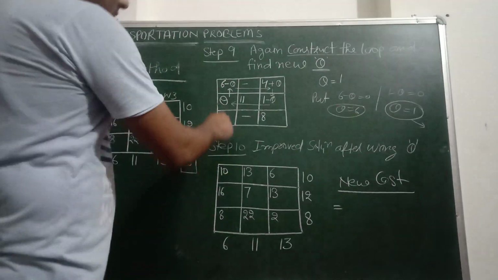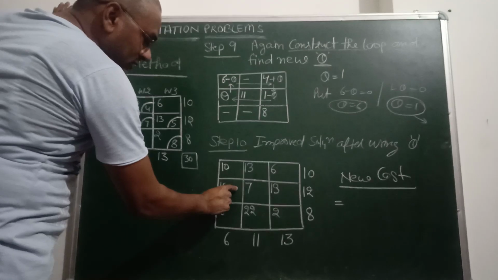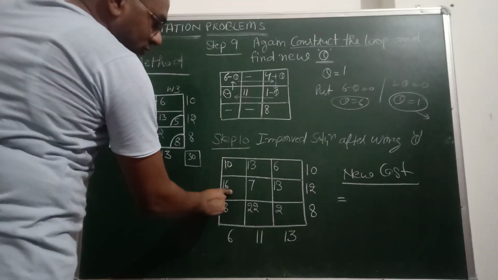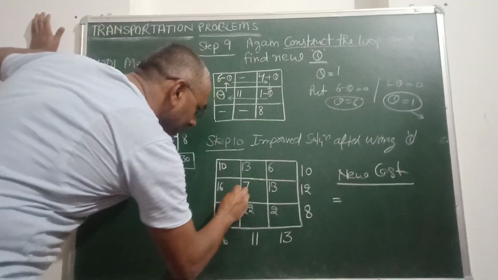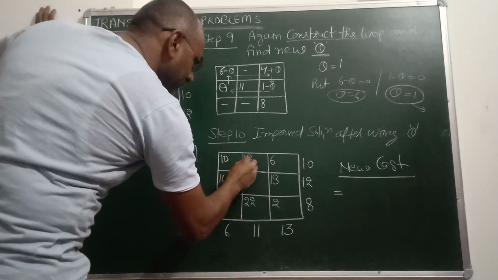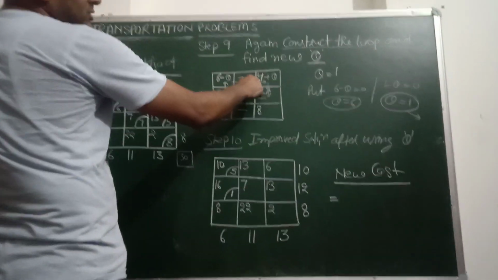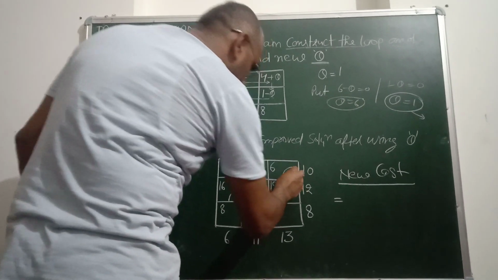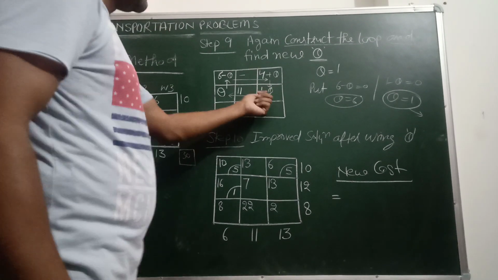Now using this cell we will incorporate the new allocation. As there is no previous allocation to this cell, theta has to be incorporated. So one allocation has to be made here, and the value of theta is 1. So allocate 1 here. Now subtract 1 from 6, so this new allocation is 5. Then moving to this allocation, already 4 was allocated, and adding 1 to it will increase it to 5. Again here it is 1, and if you subtract theta, it will become 0.